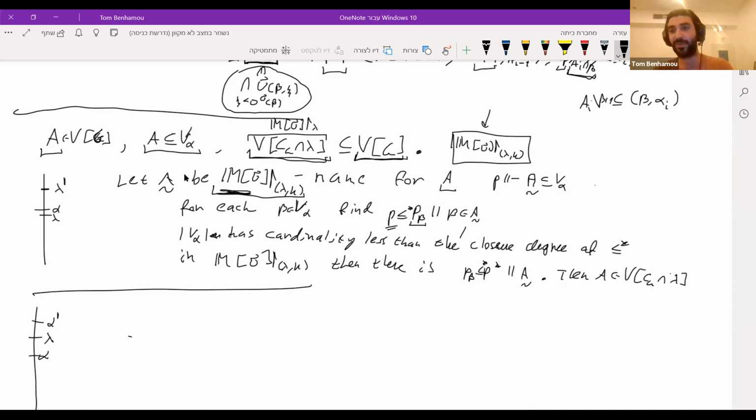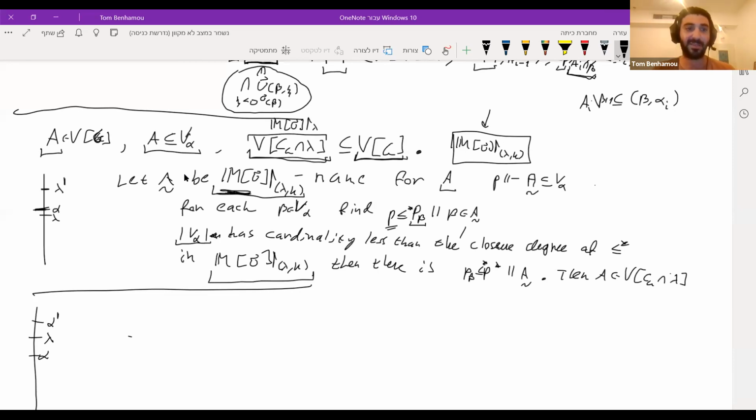So it has the same ordinals as P. We only shrink the large sets in P beta, such that P beta already decides the statement beta belongs to the name A. And we do it for every beta separately. We find the direct extension. Now, since this set V alpha has cardinality which is strictly less than the closure degree, less or equal star, of this model, so this model, the first measurable, is much above the cardinality of V alpha.